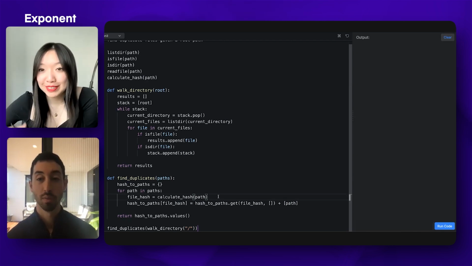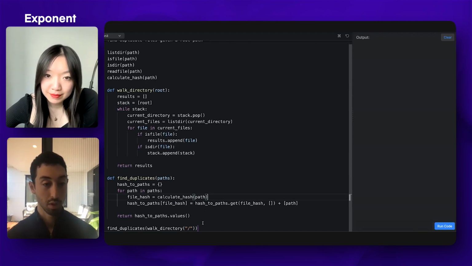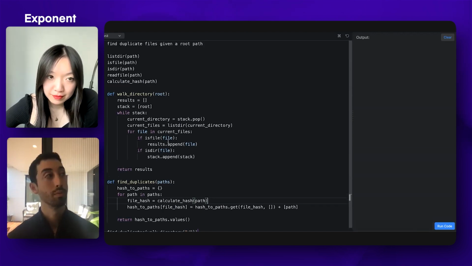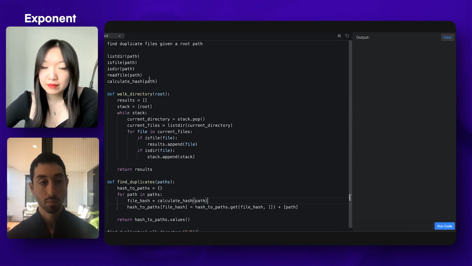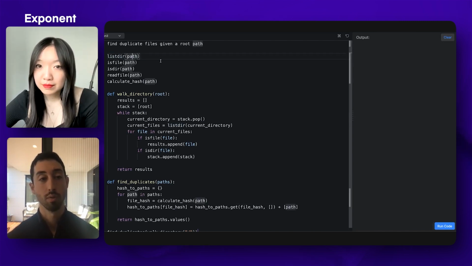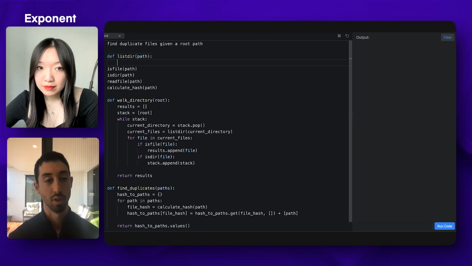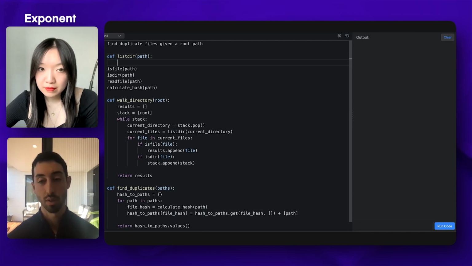I'd love to see you test this on a few test cases then. Okay, sure, I can do it. So usually, if these would be library functions, then I would mock them. But I think for the purpose of this interview, this would be very similar. I'll just return the mock value here.